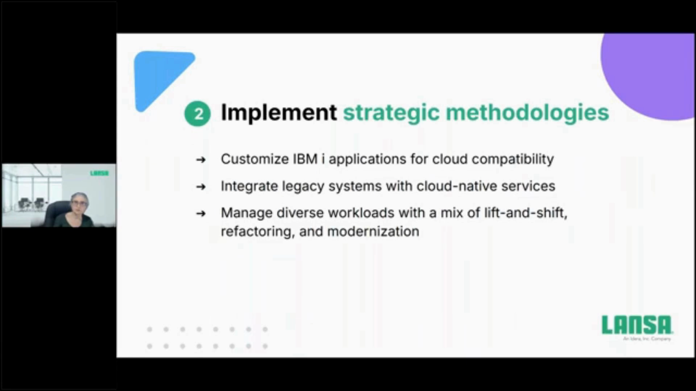And what are we going to do? This cloud native shift is a strategic change. This isn't the lift and shift that